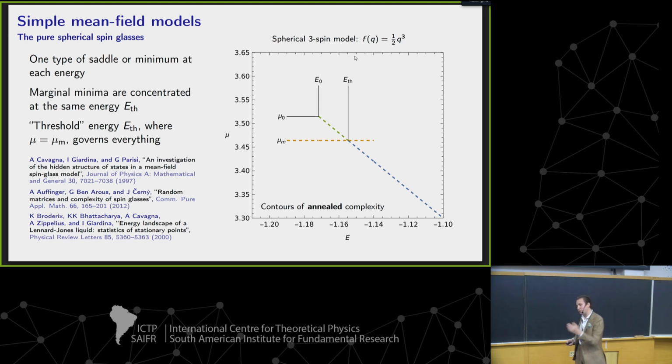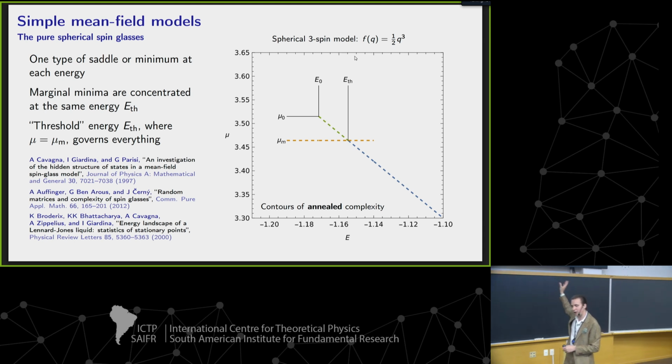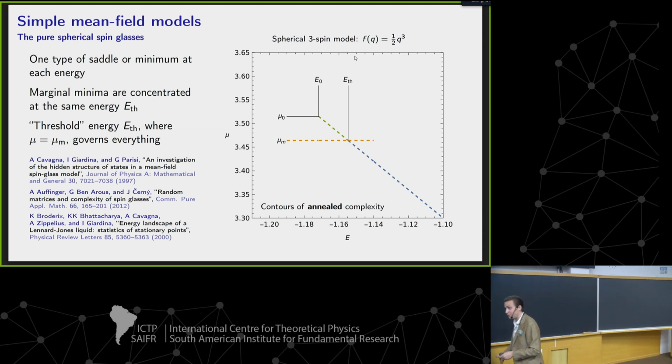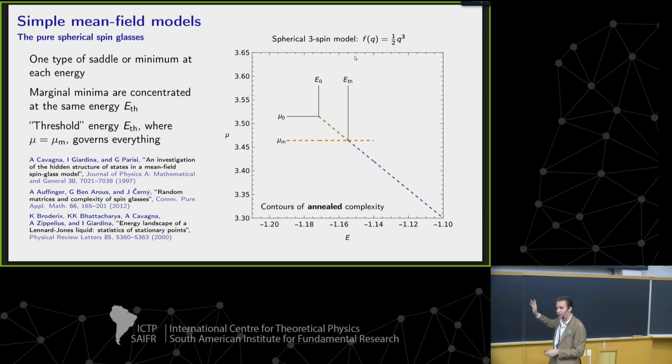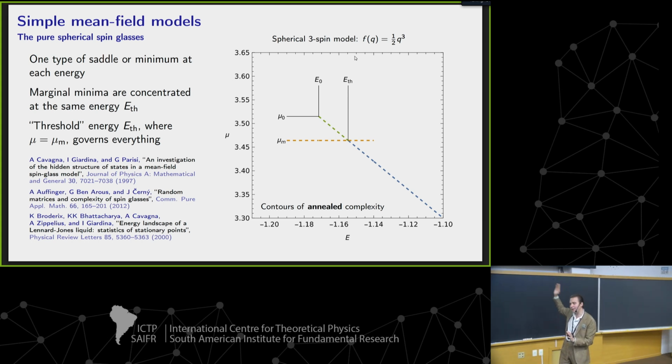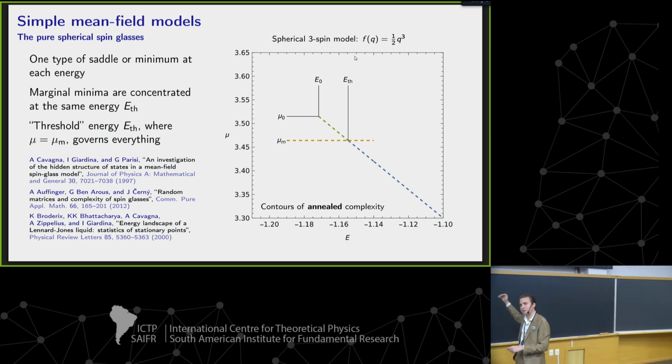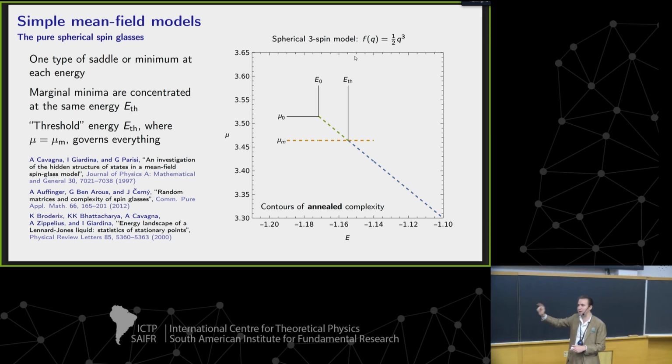So in fact, if we return now to these pure p-spin models which have this interesting dynamical behavior, we can use this analysis, the annealed version, this is a very old work, and see what it tells us. And the answer is interesting. There's a plot here, there's going to be a lot of plots like this. The x-axis is a function of energy, and the y-axis is a function of stability. And in these models, there's another very non-generic thing. The pure models, at every energy, there's only one type of stationary point found. There's a one-to-one mapping back and forth between energy and stability.